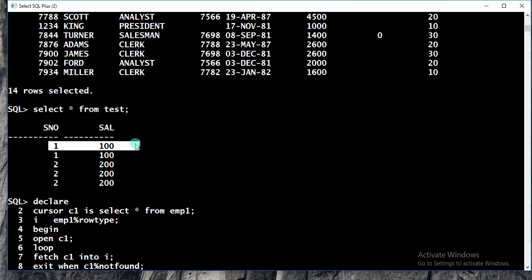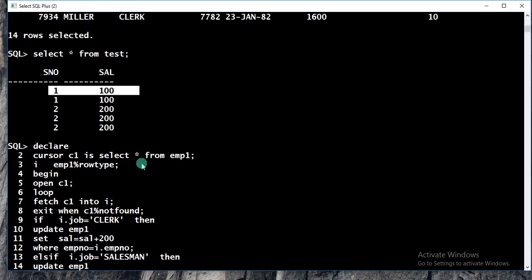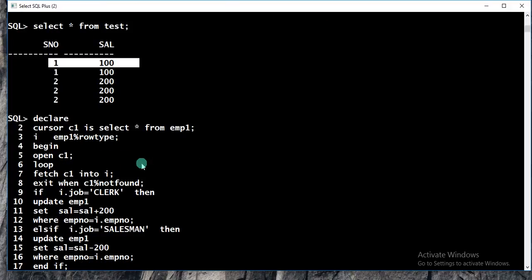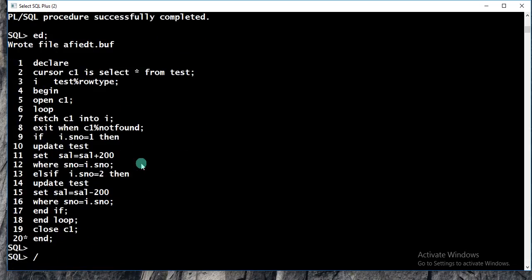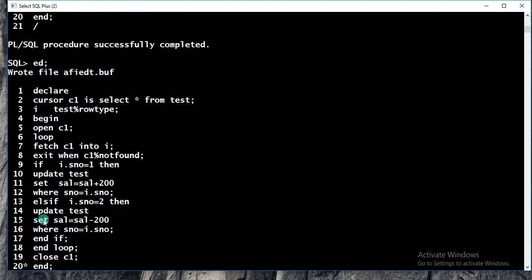After executing the program, what output will be generated, which record values are affected, you have to observe. Before that, which output we should generate: here 100 plus 200, 300 should generate, here also 300.